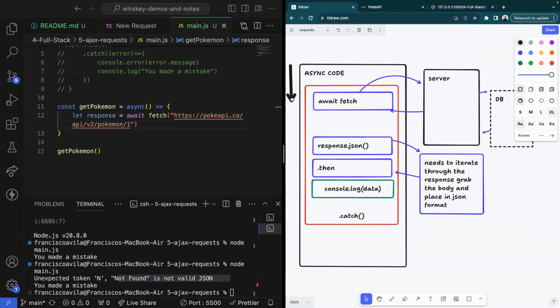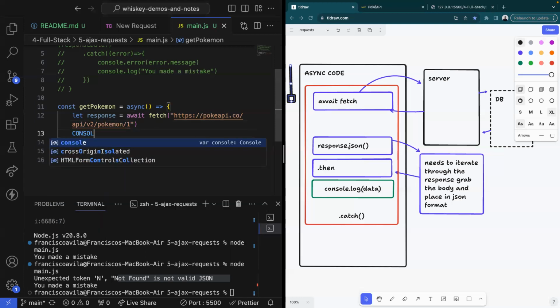As soon as it runs into an await fetch, it's going to say, oh, you want me to wait for this promise to be completed. So it's going to automatically stop, and it's just going to be waiting until this promise is completed. Once that response is completed, well, I can continue moving forward. I can say console.log